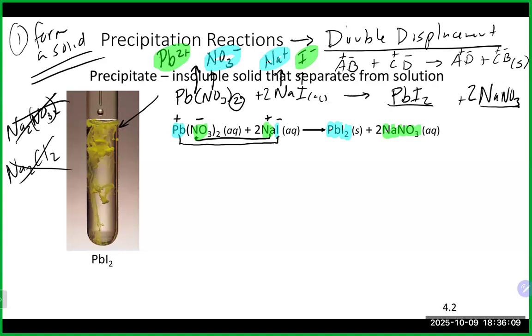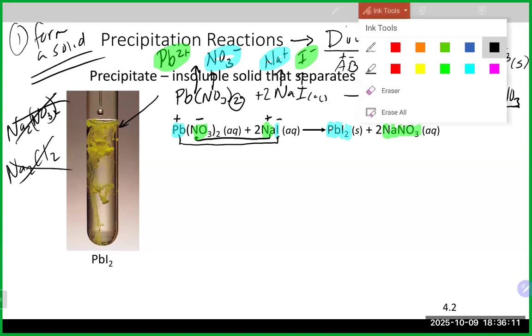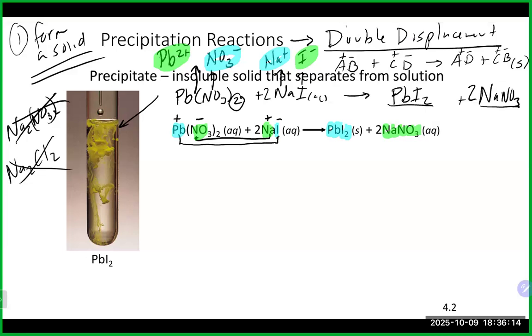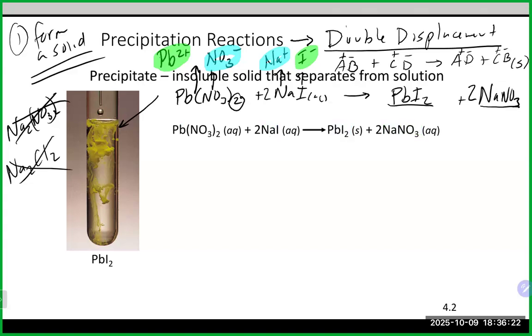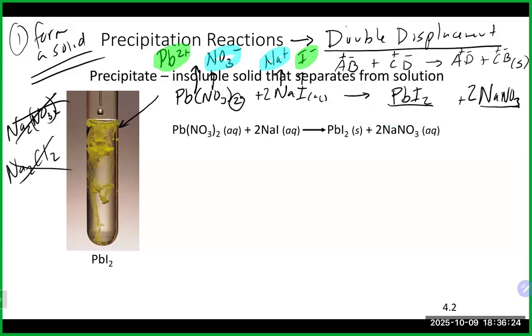All right, now that we have it there and I color coordinated everything, that's lovely. Let's talk about what is really happening though when we dump this into a beaker, right? So when we dump this into a beaker, we have a couple of things here. I'll put my beaker over here maybe. We're going to take lead-2 nitrate and we're going to take also sodium iodide and we're going to throw those in. Now, those are both ionic compounds, which, as we just talked about, are probably going to be strong electrolytes,